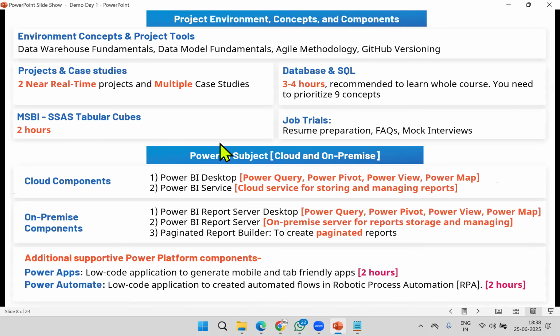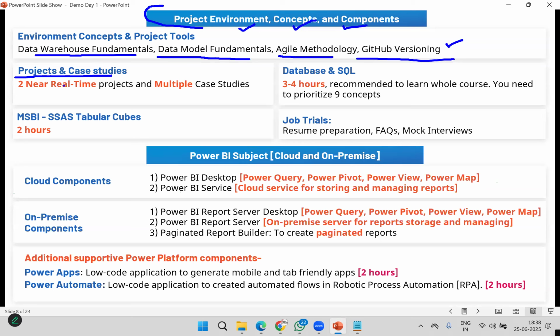Guys, I'm going to cover the next 2 months in Power BI: project environment, concepts, components, like environment understanding, warehousing concepts, modeling concepts, agile methodology, GitHub versioning, etc. And projects and case studies, 2 near real-time projects and multiple case studies.